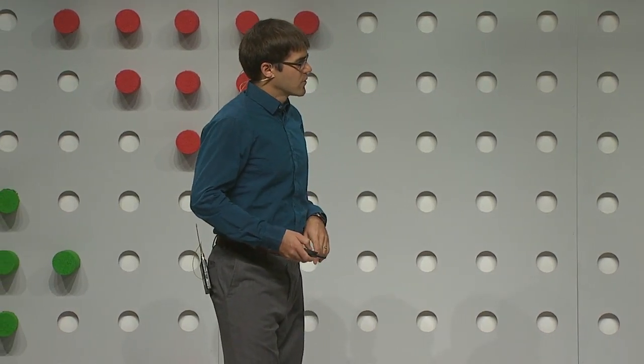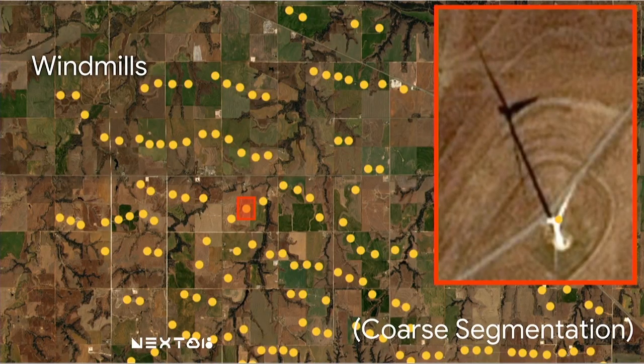Another approach is what I've called here coarse segmentation. This is basically a transfer learning approach, where we start from a ResNet 50, a pre-trained algorithm, and then we tap into one of the lower resolution feature layers, and then simply add a final classification step to say whether or not each of those coarser pixels is the type of thing, in this case windmills, that we're